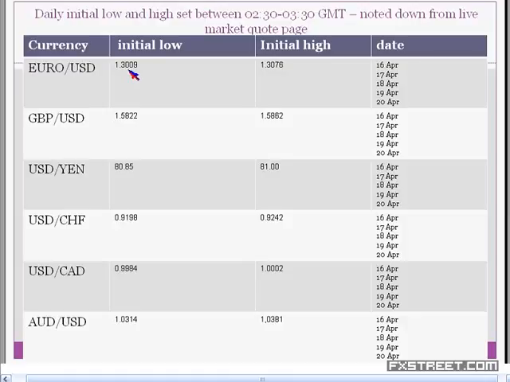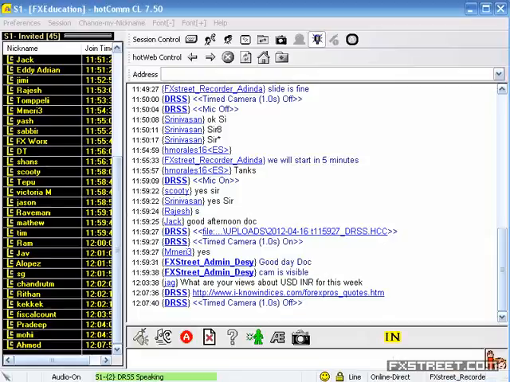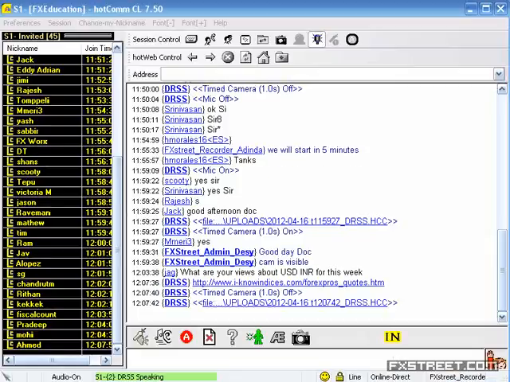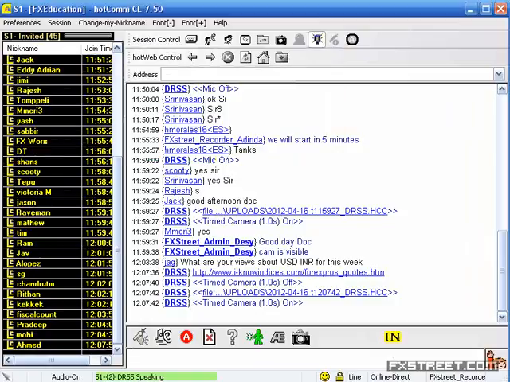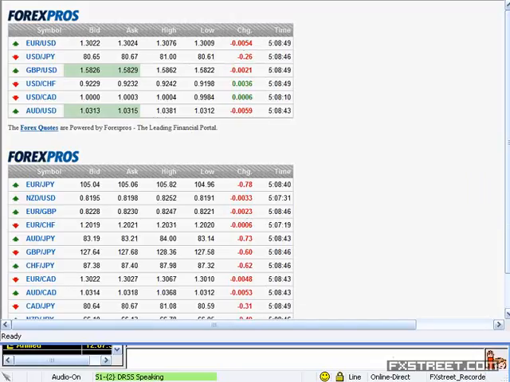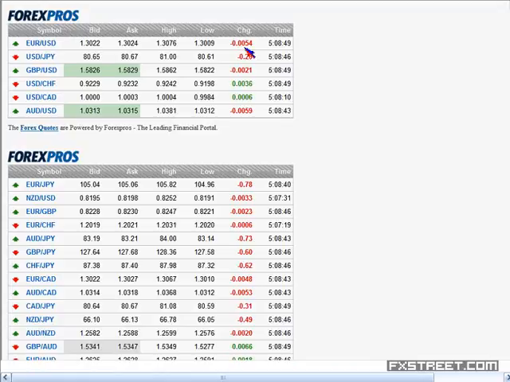They just formed the low and then later on they stopped breaching the low for more than 30 minutes, but still they are holding closer to the low. From Friday close, if you notice, they are just showing the negative net change. Let me give the link for the live market quote page and also focus the camera over the live market quote page. So you find that Euro is making about 54 pips negative net change.